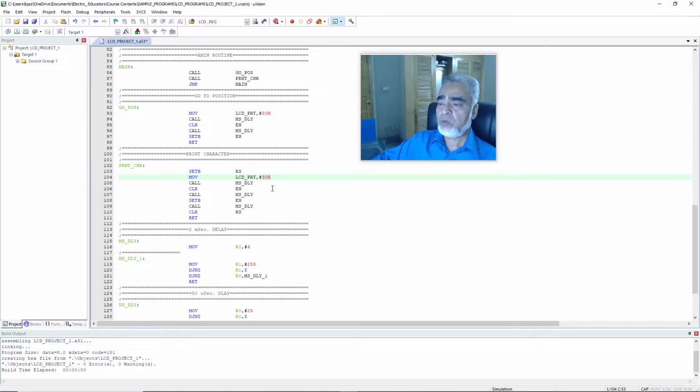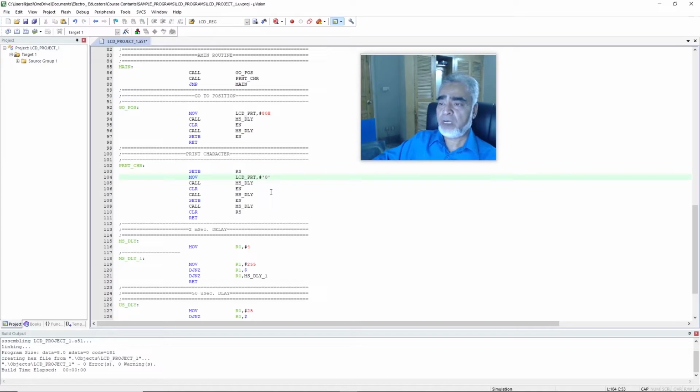So we can use two ways to print a character on the LCD: by using its equivalent hexadecimal number as given in the ASCII chart, or by writing the character to the port as text. Here we can write the 0 as text like this. The result of the program will be the same if we send the character to the port in character mode or the equivalent hexadecimal number as given in the ASCII chart. And now we'll modify the same program to write a text message on the first row of the LCD.